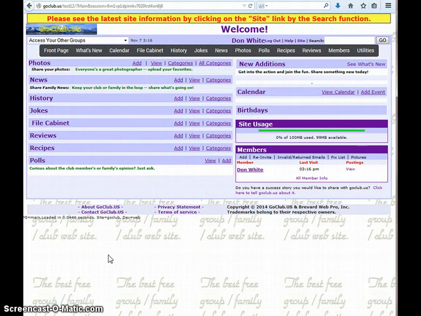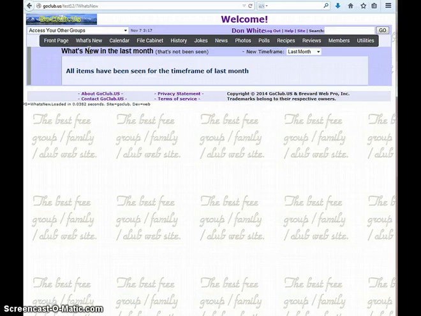This is the site that we created in the first video of this series. It's called Test 1, 2, and you see that there's a number of buttons at the top. These are called features. The first thing is the front page button, which if you press it will display exactly what's here. The What's New button will show you what has been updated by your members in the past month or 2 weeks or up to